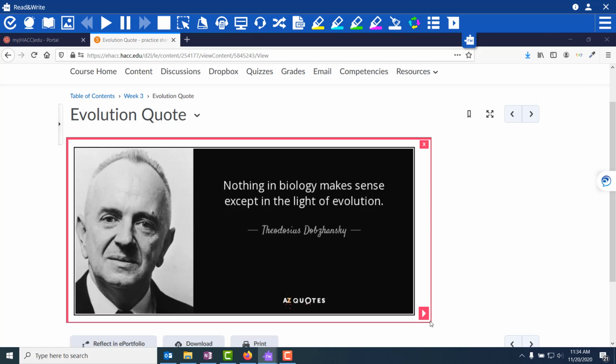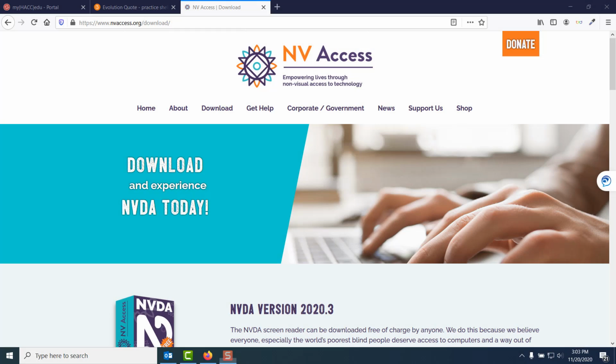Whenever possible, try to use Word documents or PDFs that you have saved from a Word document. Otherwise, you'll need alt text or a longer description directly below the image. That will help a visually impaired user get all the same information as a sighted user. I would encourage you to check your own materials with NVDA. You can get NVDA from their website,